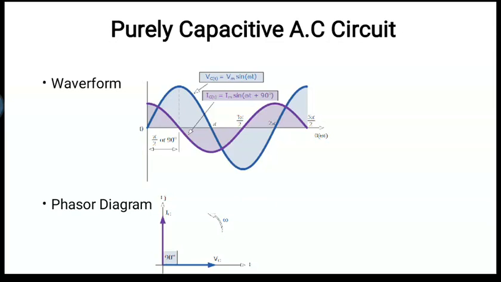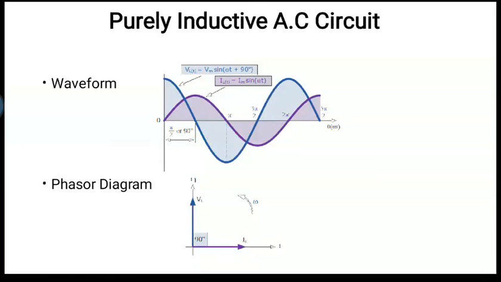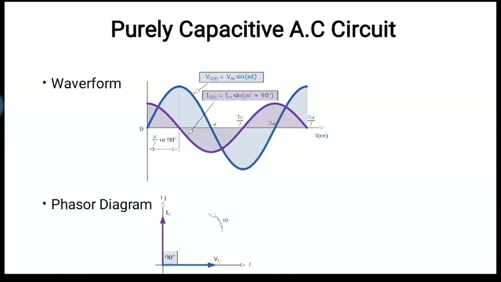We have seen a lot of waveform examples for the phase difference. If you still have any doubt, you can go through my previous video lecture on the phase differences of waveforms. That's why I told you at that time it is very important. Now just go for the phasor diagram. There is a voltage, current, and the difference between them is 90 degree. So who is above? Current is above. That means current is leading, right? In the inductive circuit current was lagging, because it is downwards. But here it is above. So current is leading.